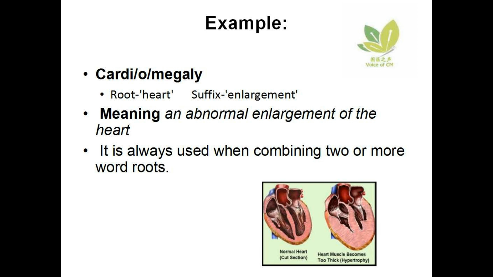On the bottom right, you can see a picture of a normal heart, and on the right side of the picture, you can see that the heart muscle becomes too thick, and this is the condition of cardiomegaly and hypertrophy. Hyper means too much of something. Trophy is a word that means growth. So you can see that the heart muscle has grown abnormally large, and this is what's happening in certain disease